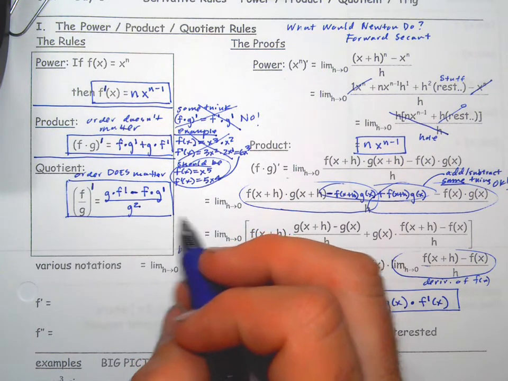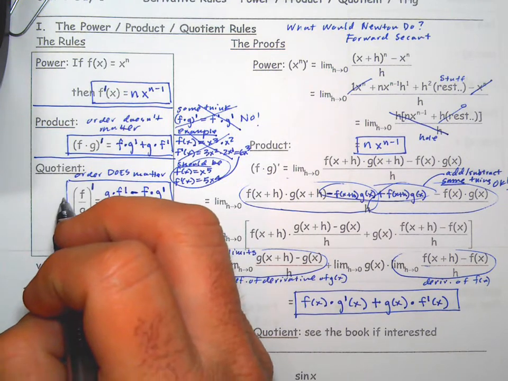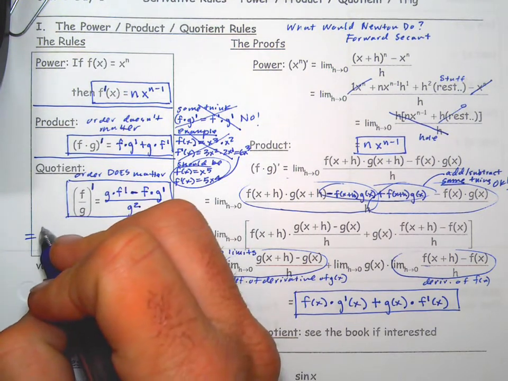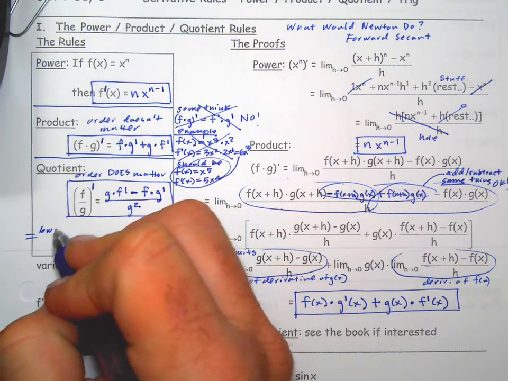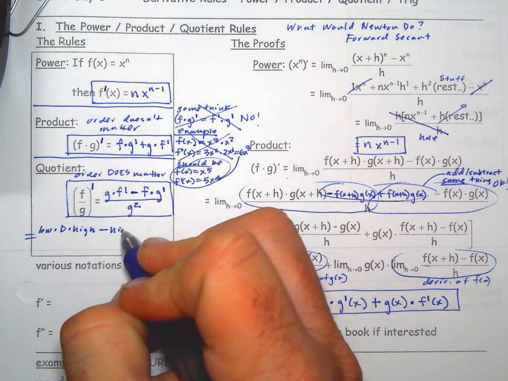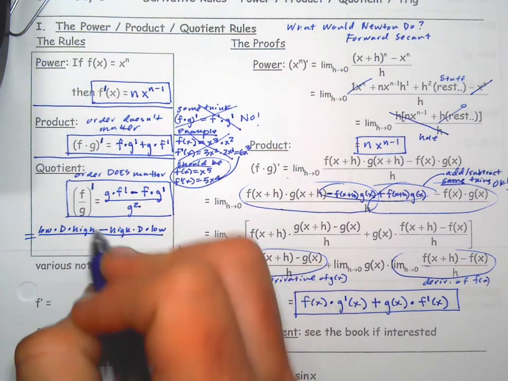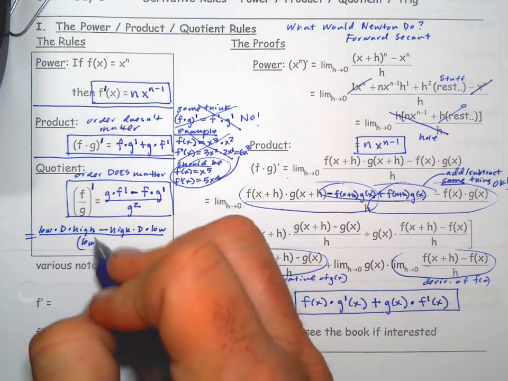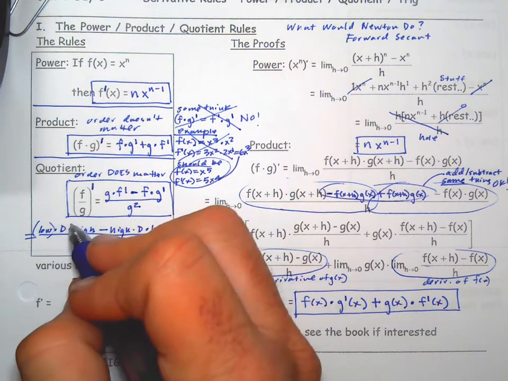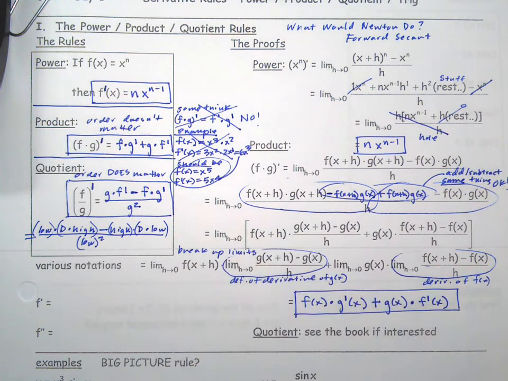So there is this cute little saying, I think I showed you guys on a warm-up last unit, that I'm usually anti-cute sayings, but it works. And it's so easy to mess up. Low d high minus high d low all over low squared. I'm very careful. I usually put a lot of parentheses around all these when I actually do the work. Low d high minus high d low all over low squared. We go, if you want to be extra cute. So anyways,